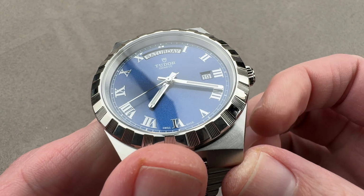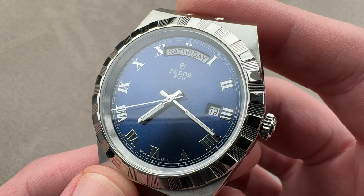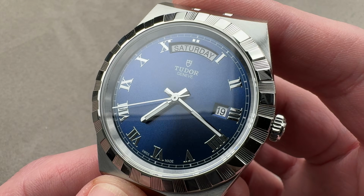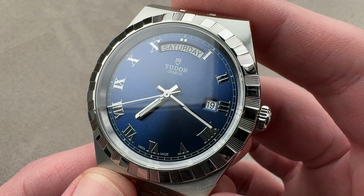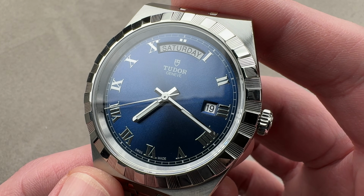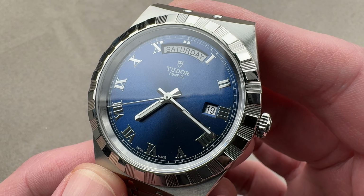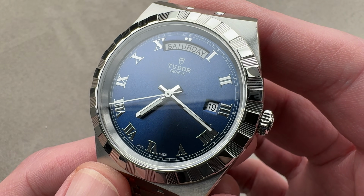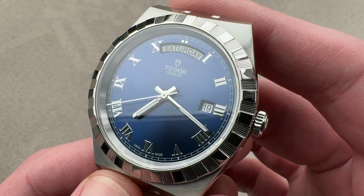Today, we're discussing the steel day-date that you may not have known existed, launched in 2020. This is the Tudor Royal Day-Date. Yes, aside from a few short series watches made in the middle of the 20th century, there were not any steel Rolex day-date watches. Fortunately, just recently, Tudor dipped its toes back into the world of day-date dress watches with